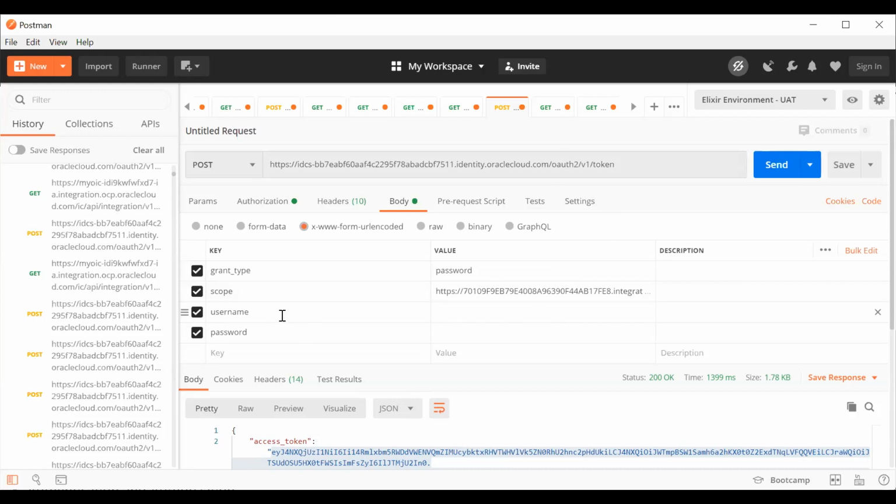Now here I need to pass the username and the password. The username and the password will be of my OIC user. So I will type the user and then the password also. Let's say this is my password. Once I click on the send button, the access token will be generated. So let me just do it.